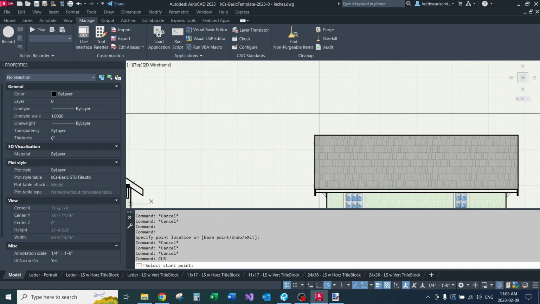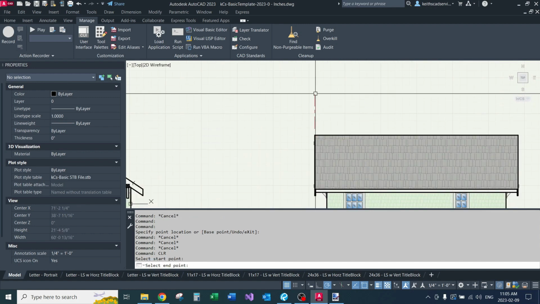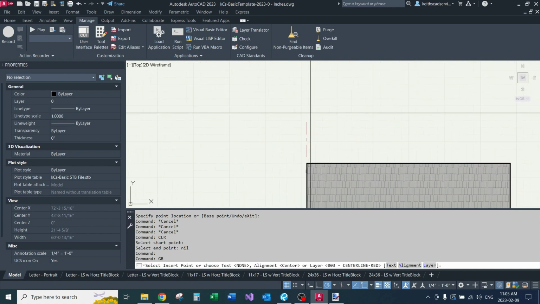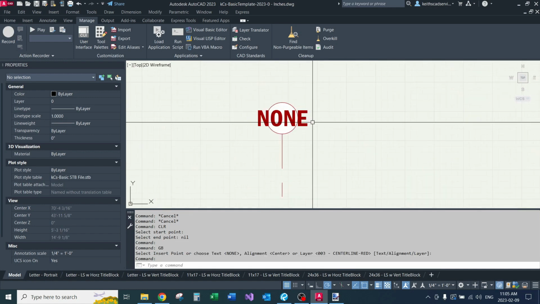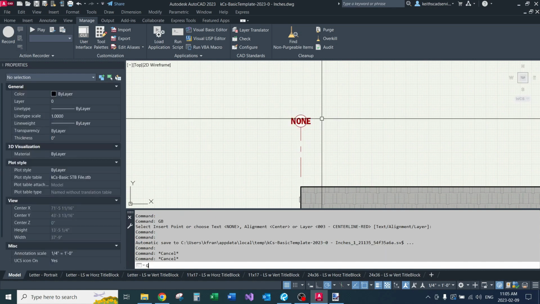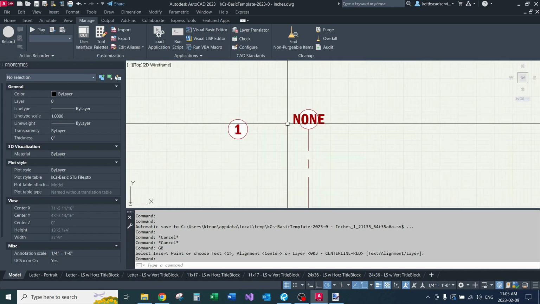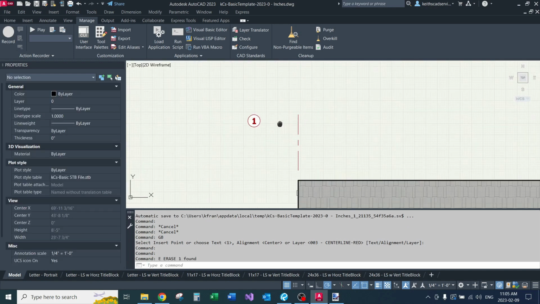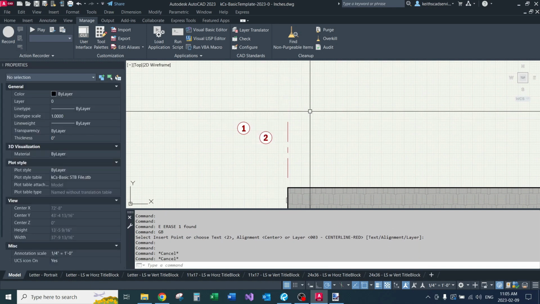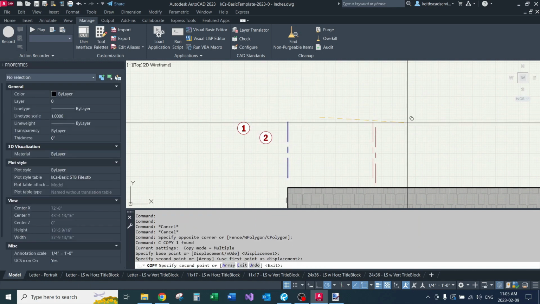So I have a grid bubble block included with these standards. Now this, it'll default to none the first time you insert it. This is something in the code I probably have to fix, but it won't really affect behavior. So the cool thing about this block is that it